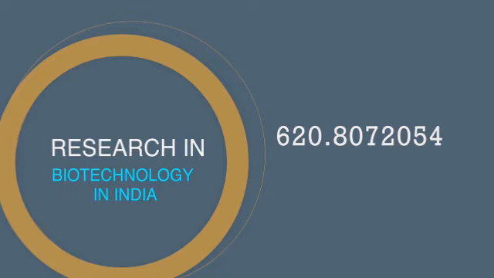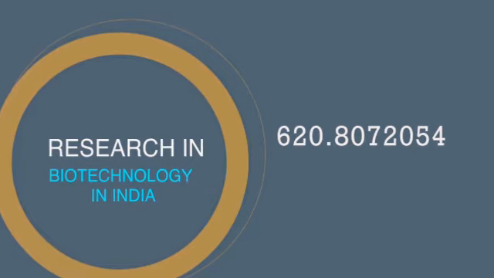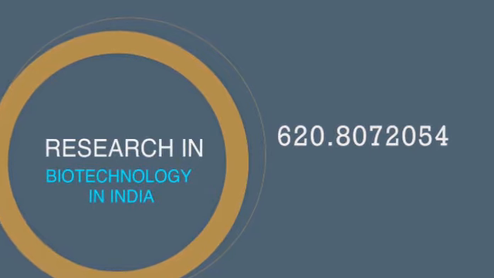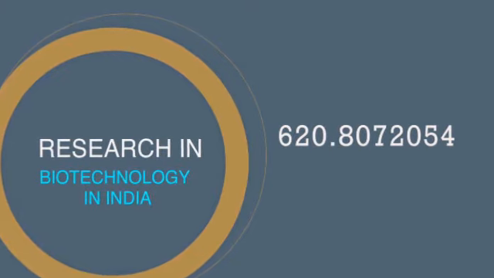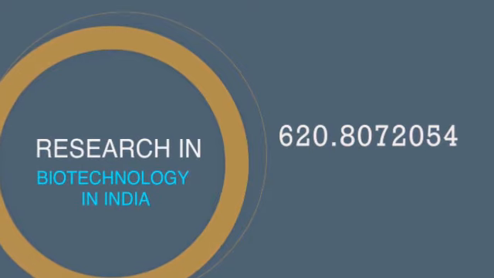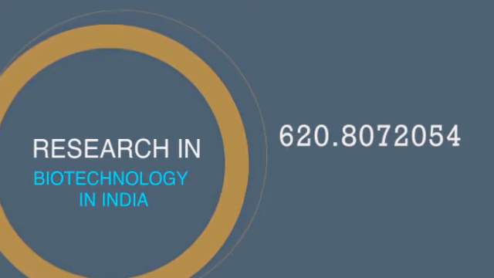You have done titles earlier. Research you will find in table 1, and India you will find in table 2. Now how to connect these two? Because you know that these are in different tables. But before doing that, we have to find out the number for biotechnology. You find the number for biotechnology is 620.8, applied sciences, and within applied sciences it is under engineering. So 620.8 is biotechnology.